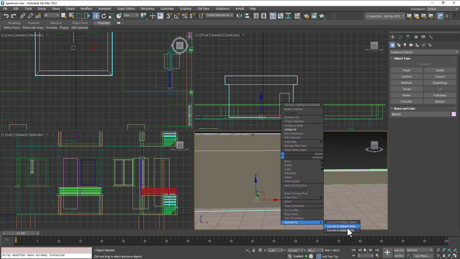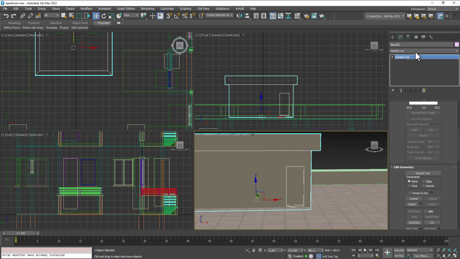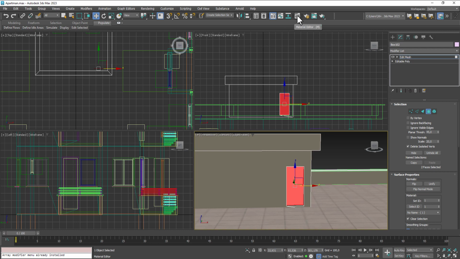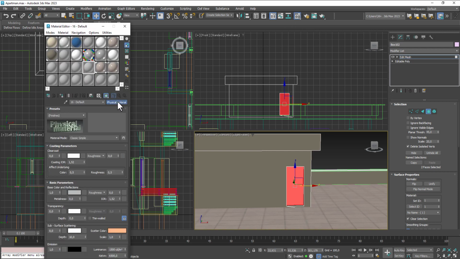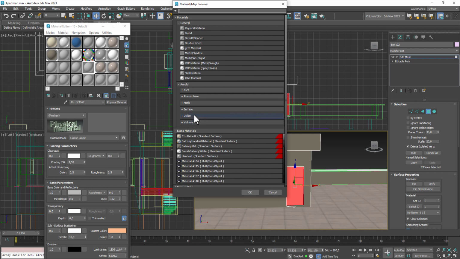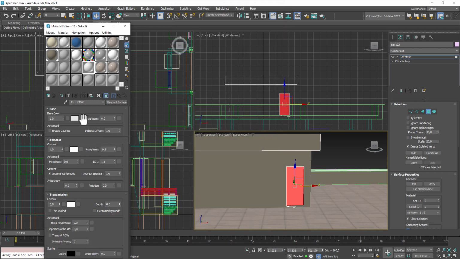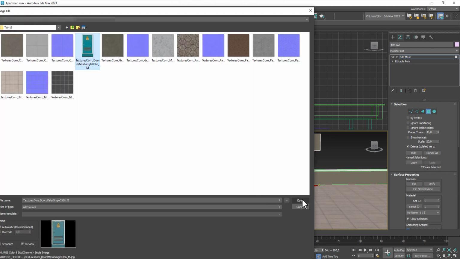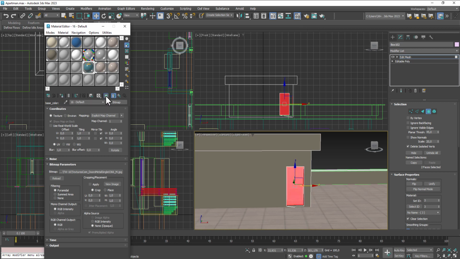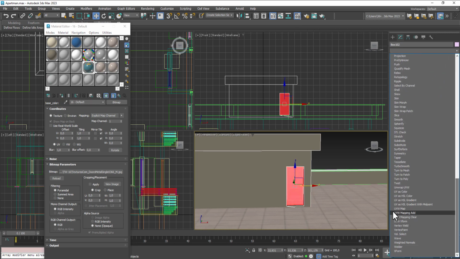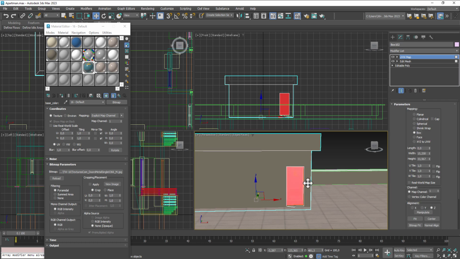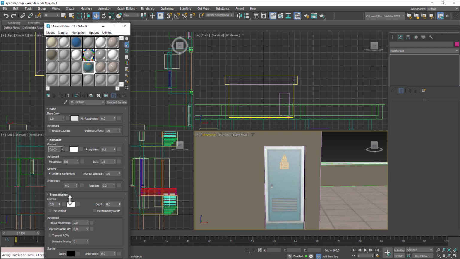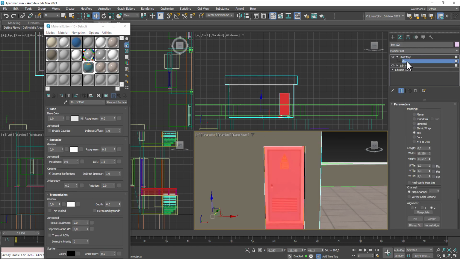Right click, convert to editable poly, and edit mesh, select this face and standard surface, and bitmap, select this metal door, add, and UV web, yes, we can control with Gizmo,